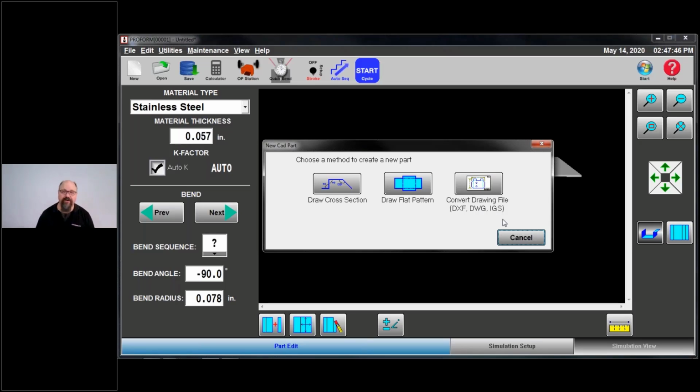It's been my experience that most of the time your DXFs and DWGs are going to be more reliable. The IGES files, the most heartburn I get is from customers sending me IGES files, just because there's no good standard for IGES files. If you can get it in, get it to work, more power to you. But for the most part, I try to stick to DXFs and DWGs. So I have a couple that I set aside.